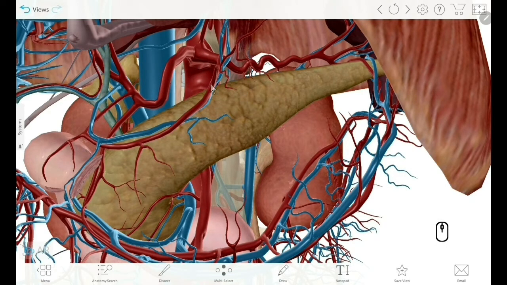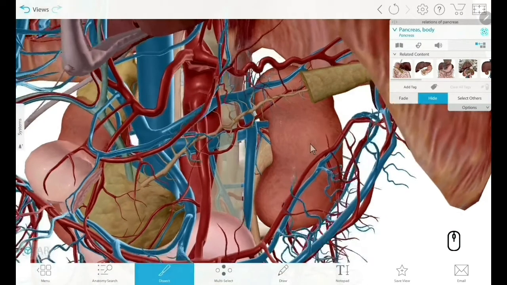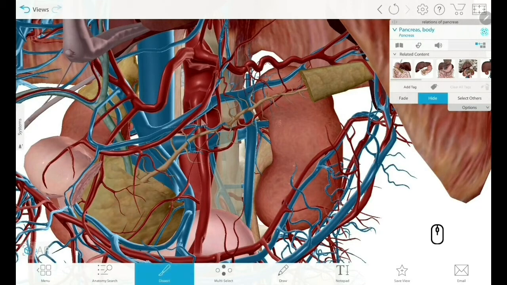So the superior border of the body of the pancreas is formed by the celiac trunk, and also by the splenic artery which was given off on the left, and also by the common hepatic artery which was given off towards the right. Now the inferior border of the body of the pancreas is formed by the superior mesenteric artery. The superior mesenteric artery, like the celiac trunk, is also given off by the ventral surface of the aorta, and if we remove the body of the pancreas, we can see the origin of the superior mesenteric artery.